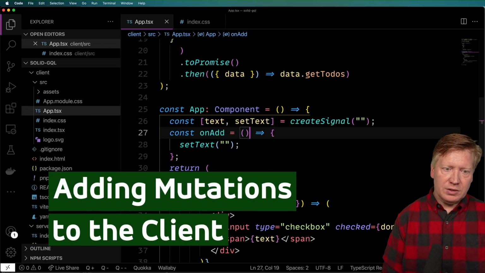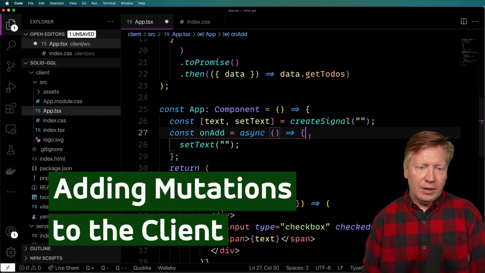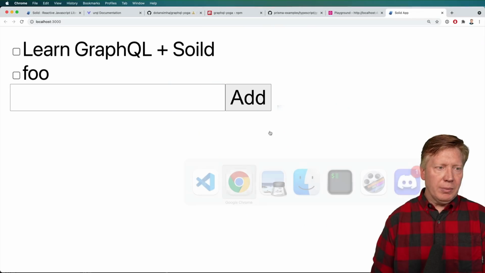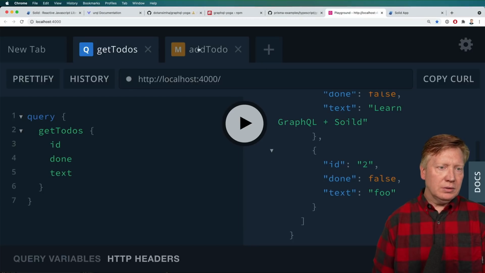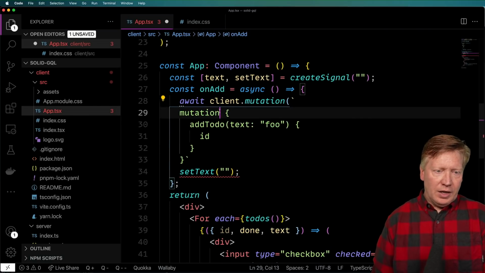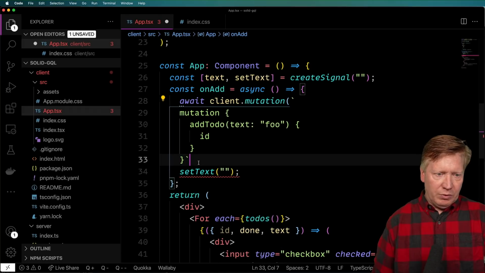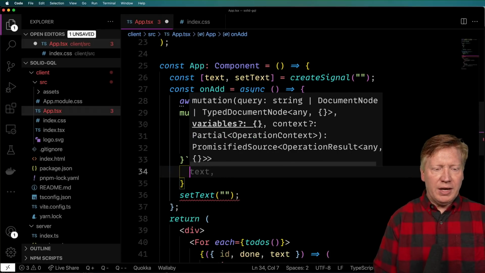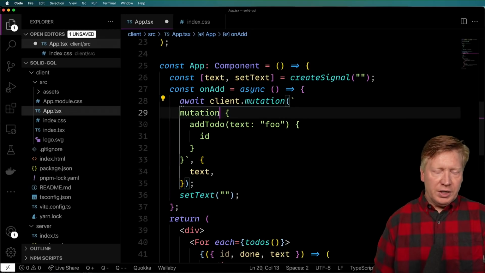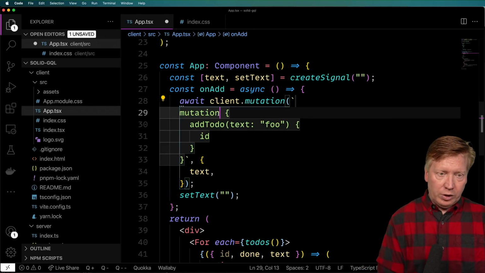So we want to make this now an async call. And we're going to do, there we go, await client mutation. So we need a mutation in there. So let's go and copy that in from our playground. Paste that in. And let's see, what else do we need? Well, we need variables. So we're going to pass it the text. And so in order to get that all the way through, we need to do a little bit of GQL